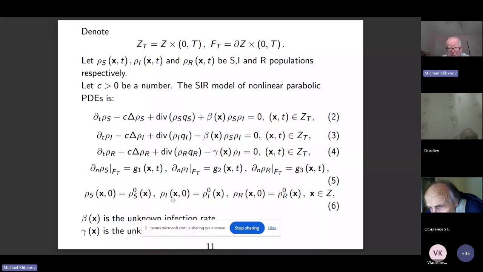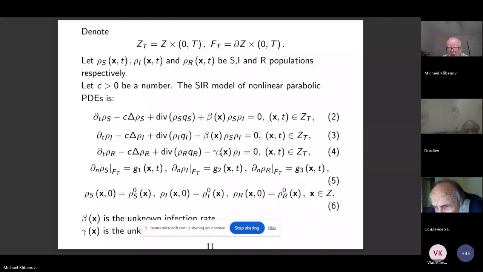But beta of x and gamma of x are two coefficients of interest, because whatever we say, the infection rate and recovery rate are unknown. So beta is the infection rate, and gamma is the recovery rate. Okay, and that's where the inverse problem comes in. Now, just to clarify,